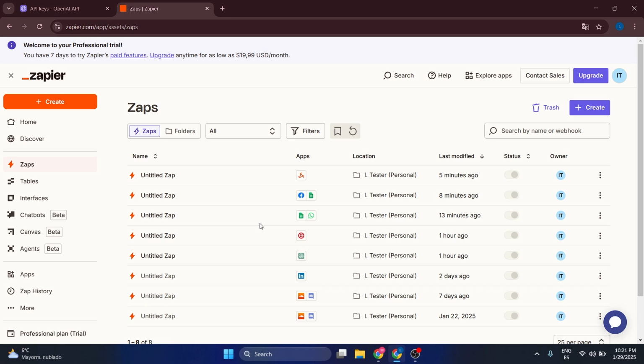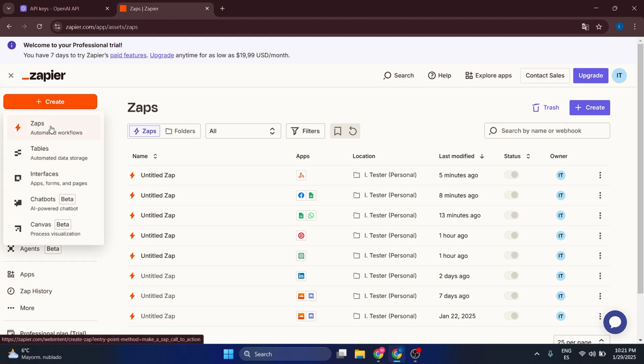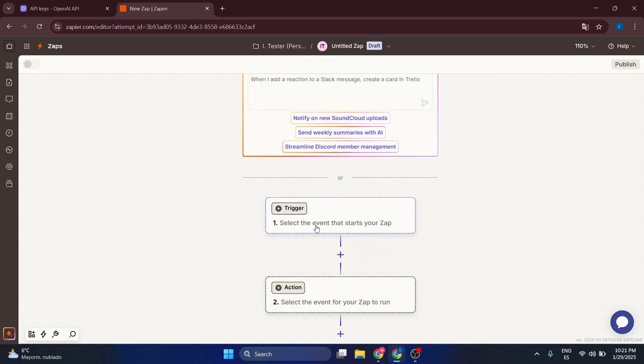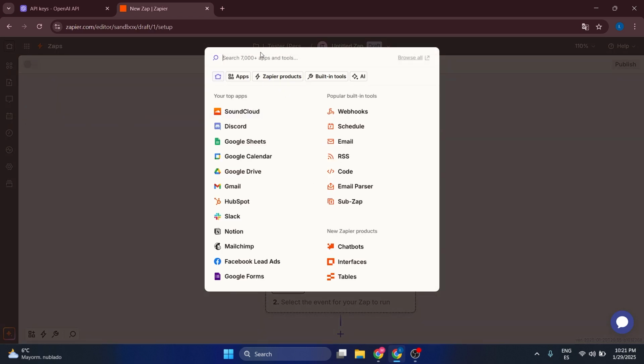Hello guys, what I'm going to show you today is how you can integrate LinkedIn with Zapier, right? So the first step is, as usual, we're going to go to create and we're going to create the new Zap in here. Now, the first trigger is actually going to be something that we want to do periodically. So maybe it's going to be a scheduling option,